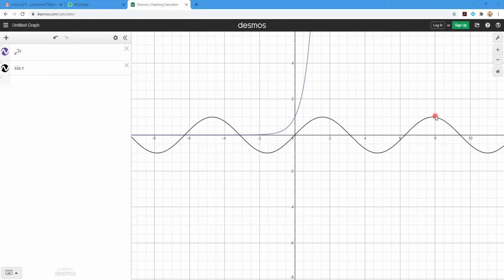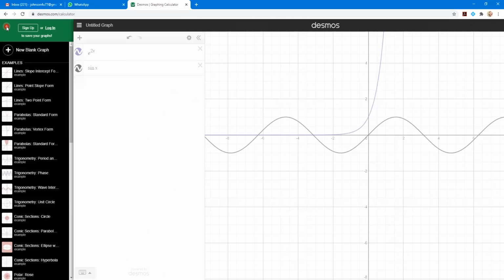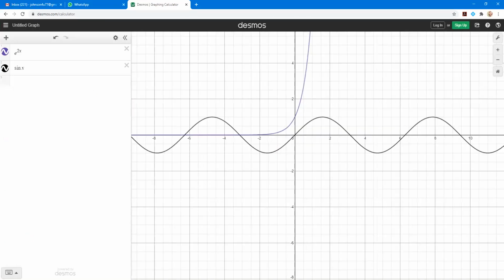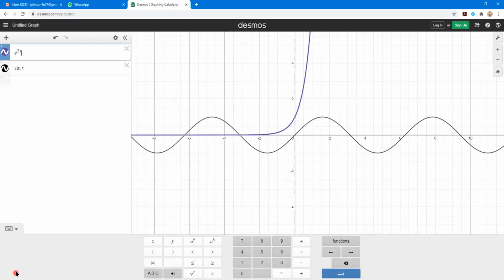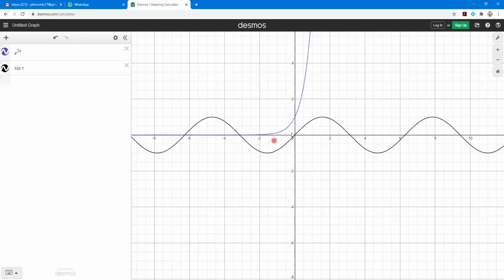Let me see, is it possible to, okay, you can see that the function is increasing, then after a point it is decreasing,